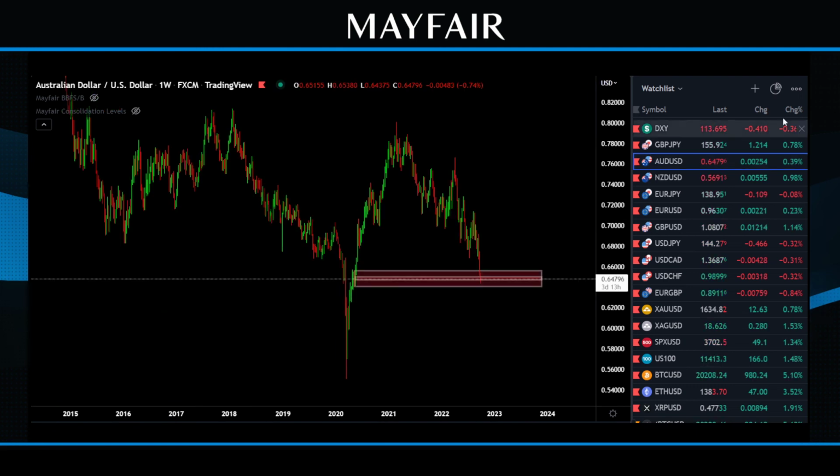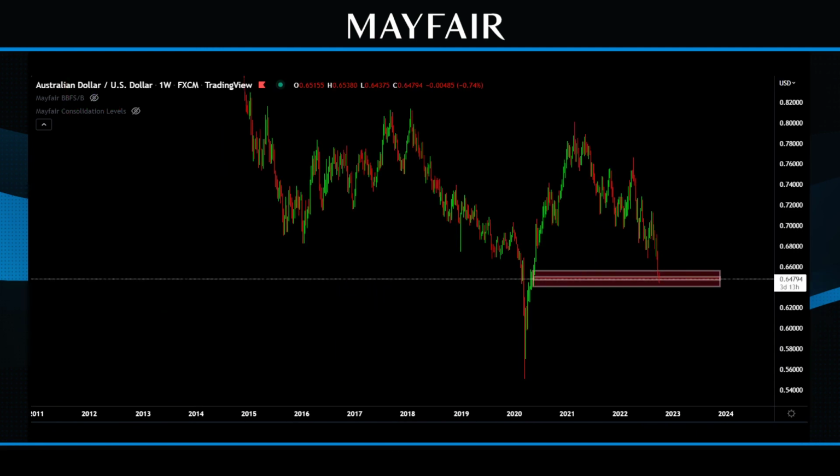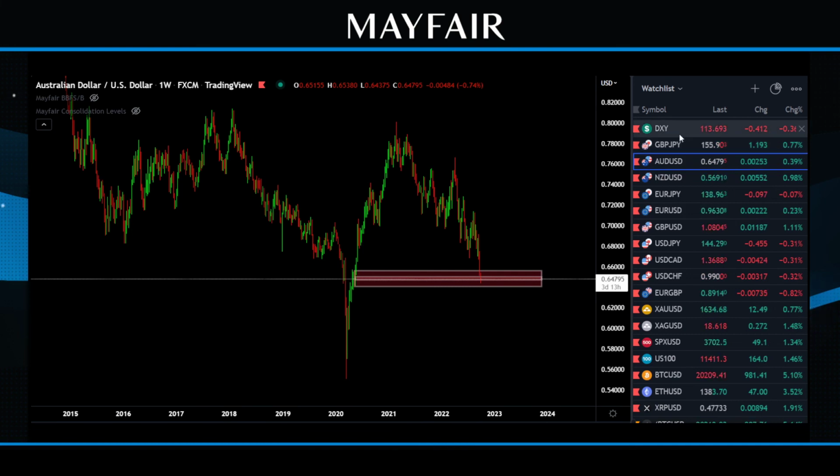So I think for me, what I realized by doing the GBP JPY was the emphasis on really knowing the instrument, right? Now, let's go through some of these. What I like with Aussie dollar compared to GBP JPY is that GBP JPY can move really fast, very, very violent in its moves.